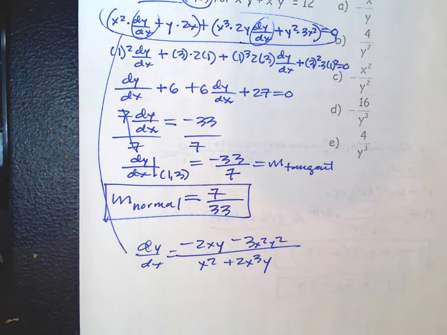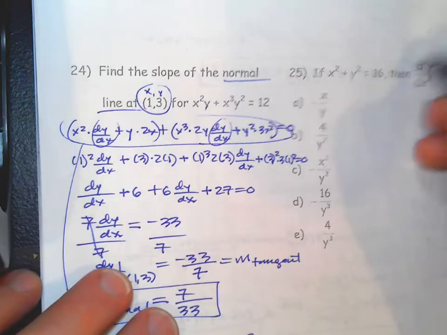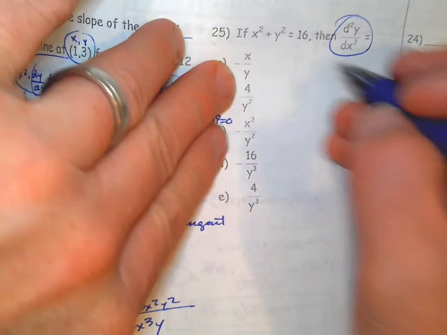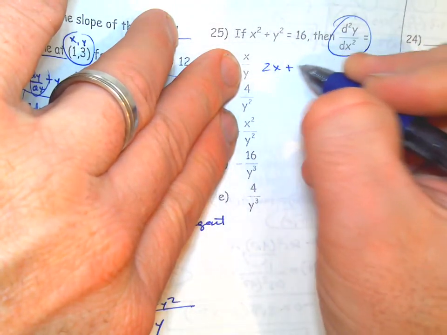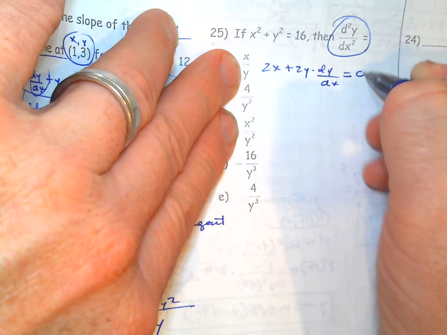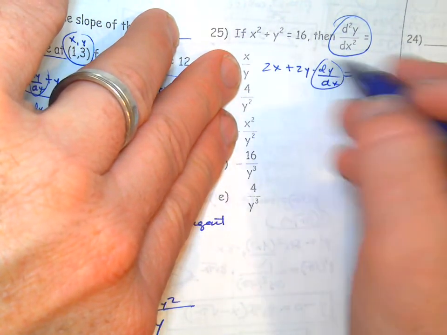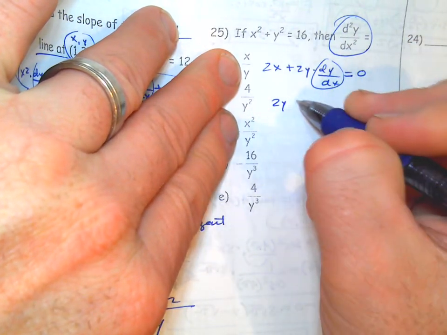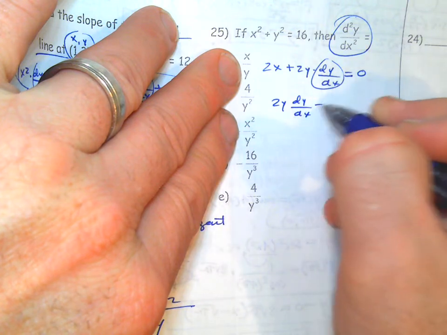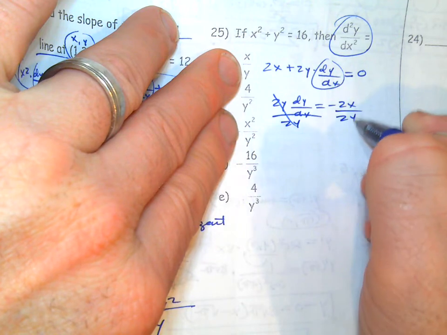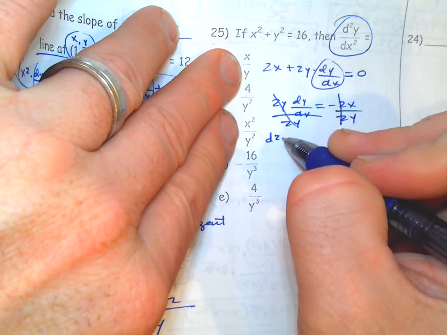So, all right, 25. This equation wants the second derivative. So let's find the first derivative, 2x plus 2y dy dx equals derivative 16 is 0. So we got to actually isolate dy dx before we get to the second derivative. So it's going to be 2y dy dx equals negative 2x. You can divide both sides by 2y. All right, so then the second derivative,